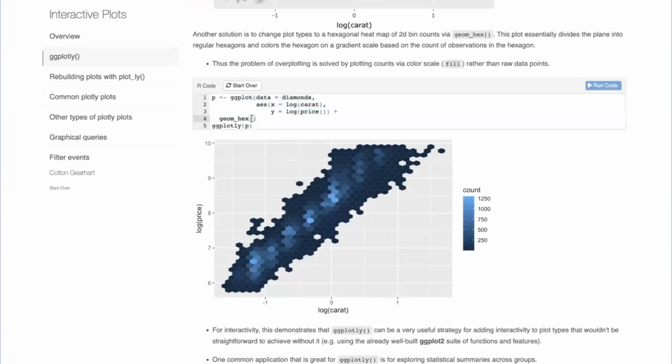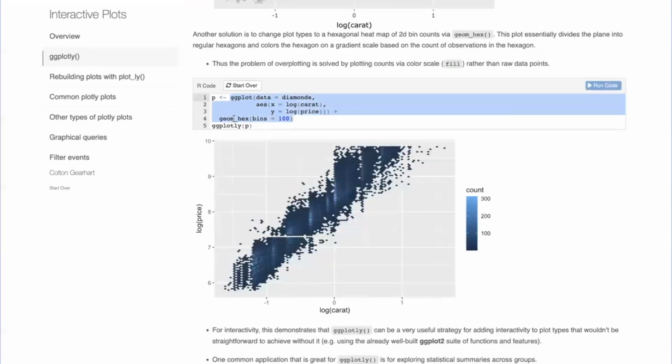We can also control how many bins are made. So if I were to add the argument bins equals 100 and run this, now they are finer bins. So now we get to see how at those particular carat amounts there is more data with those vertical